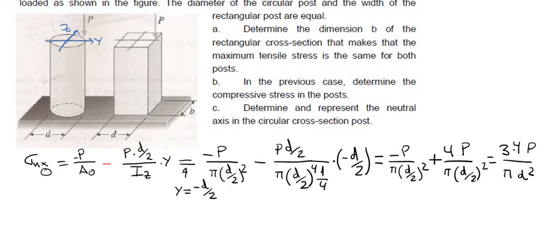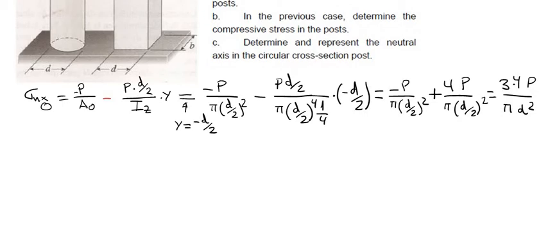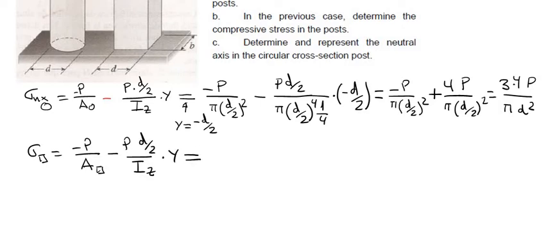Now, if we calculate the maximum normal stress for the rectangular cross section, we have minus P divided by the area of the rectangular cross section, minus P D divided by 2 divided by the moment of inertia about z multiplied by the y coordinate, and this is going to be equal, in the point with maximum tensile stress, to minus P divided by b multiplied by D. B is the unknown, the dimension that we want to calculate,